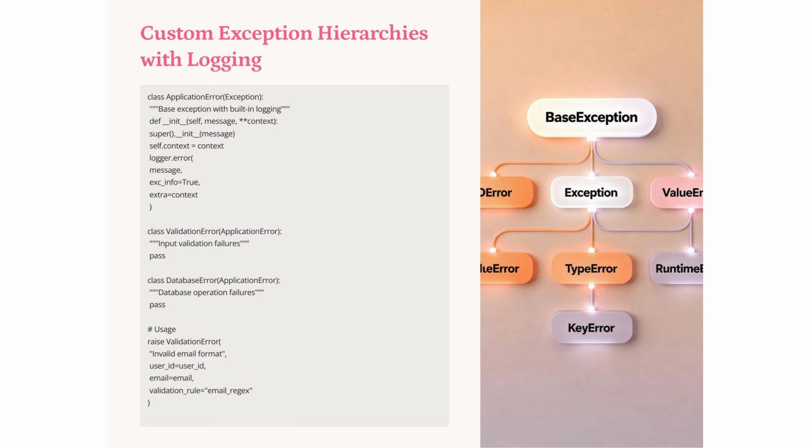Custom exception hierarchies enhance error handling by embedding logging within exceptions. The base class, ApplicationError, logs errors with context. Derived classes like ValidationError and DatabaseError specify error types. For instance, ValidationError logs input validation issues, providing details like user ID and validation rules, ensuring comprehensive error tracking